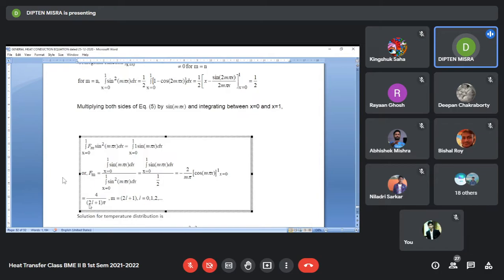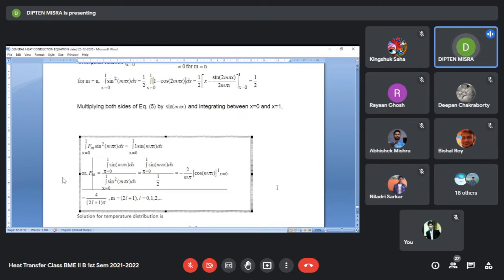So that is why we have written it in terms of 2l plus 1, which is odd, for l equal to 0, 1, 2, 3, 4. For any value of l, 2l plus 1 is an odd number. And for odd numbers only, this cos of odd pi will be equal to minus 1. So it will become 1 minus minus 1 becomes 2, and that 2 into 2 is equal to 4, divided by m, where these m's are odd, into pi, where m equals 2l plus 1. So this is the value of your f_m.